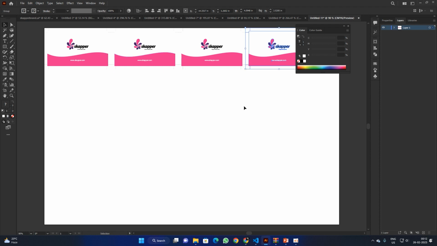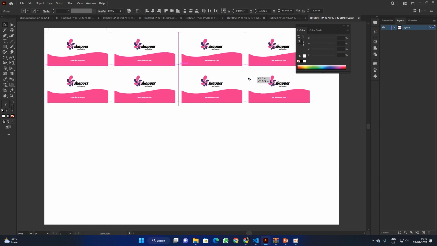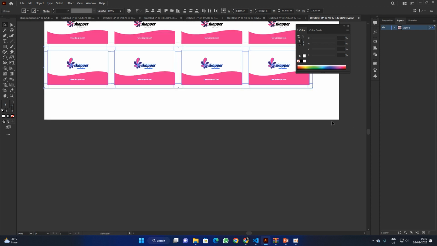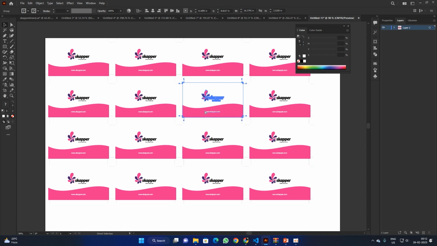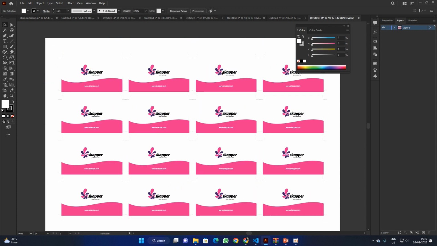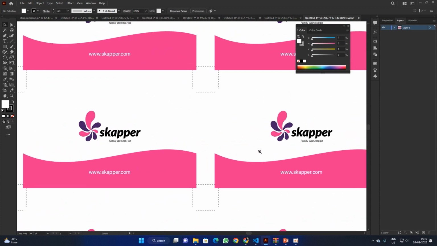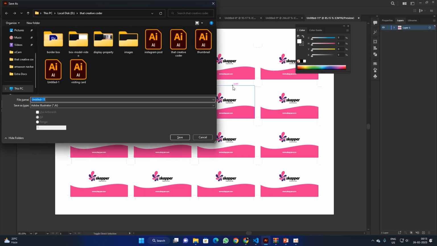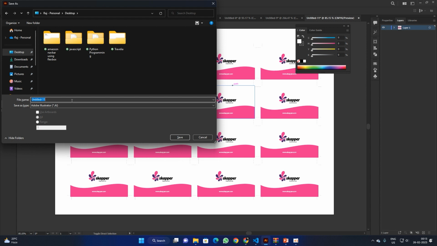Okay, take 3 copies, grab them, make duplicates of them, select all of them, group it, vertically and horizontally align its center, and we have the backside as well. So now I'm going to Control Shift S to save it